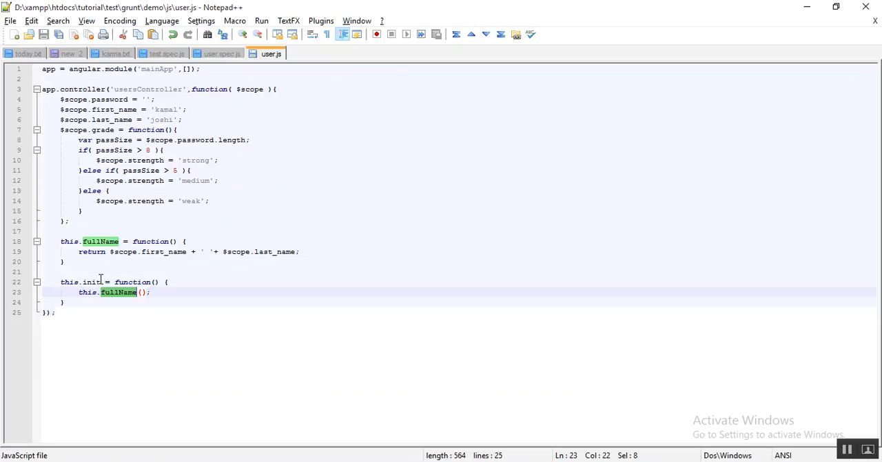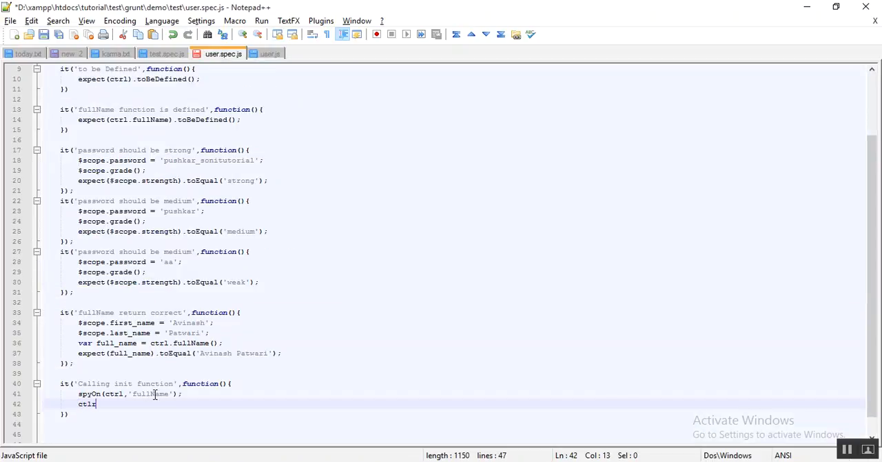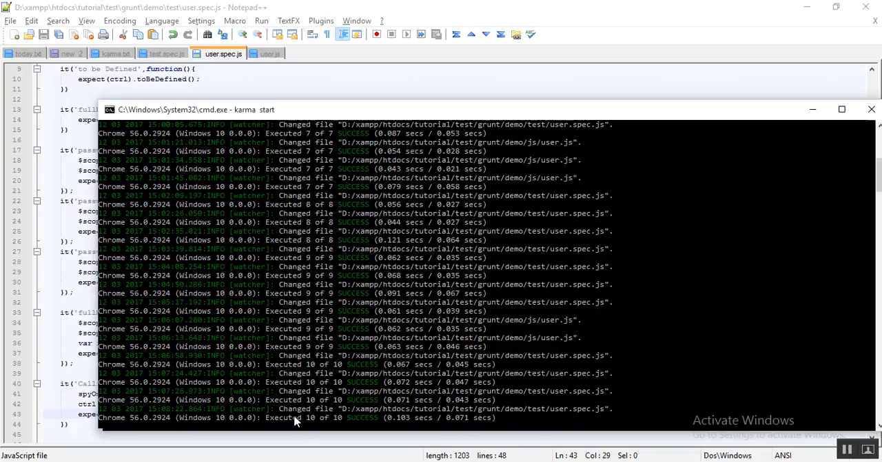Okay, now we are calling ctrl.init, and once we call this, this function gets called automatically. So we are just verifying that it has been called or not. So we are expecting that this full name has been called. Okay, now go to the command prompt, and you can see that all the 10 test cases